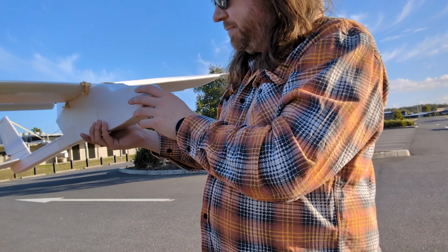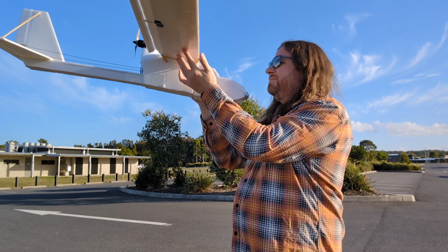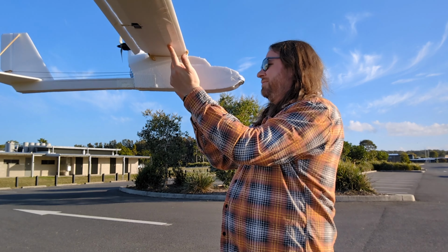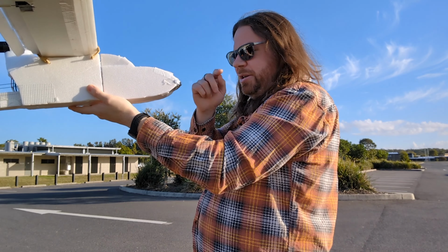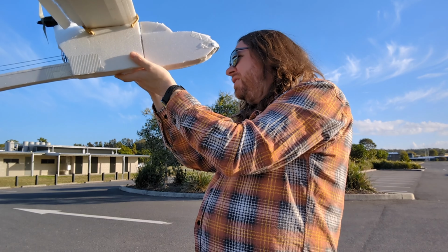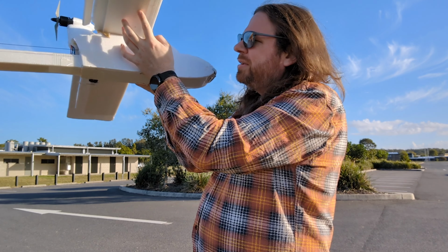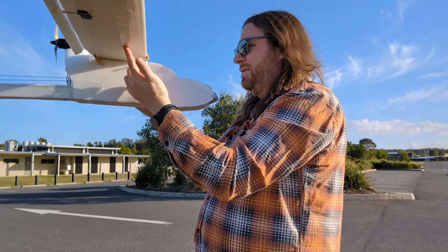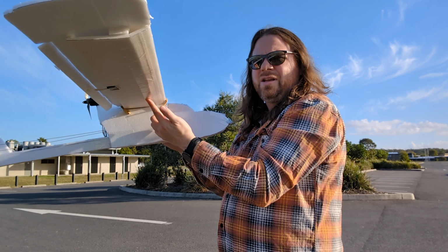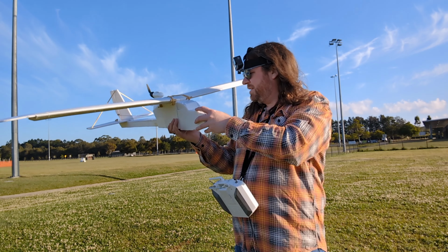Okay, let's see how we balance. Added a little bit of blue tack. See how this goes. I just slid the battery as far forward as it can go and put a tiny little rock inside the nose. Alright. I think that's as good as I'm going to get. I can't believe 5 km/h winds are this windy. But anyway,